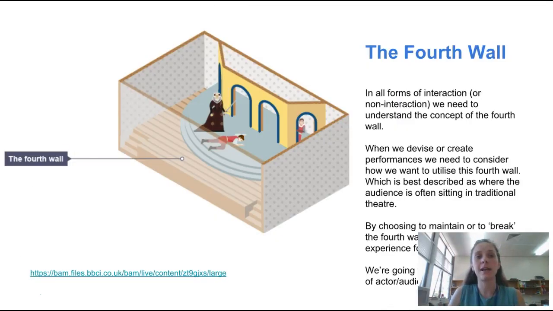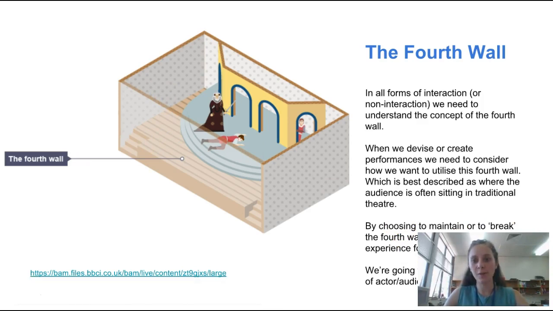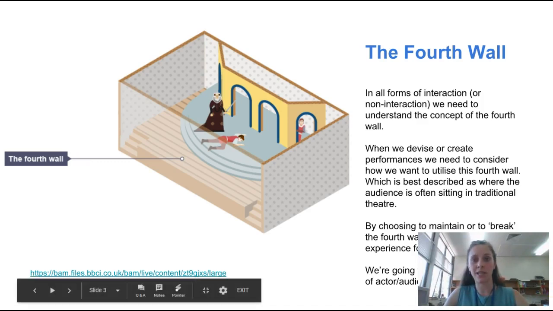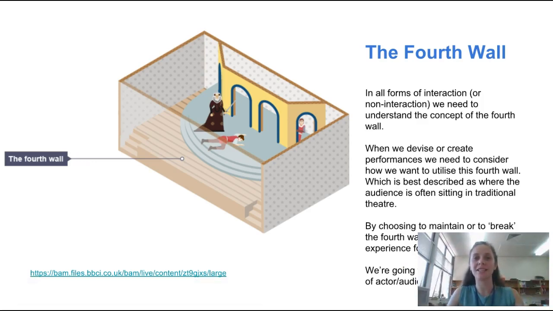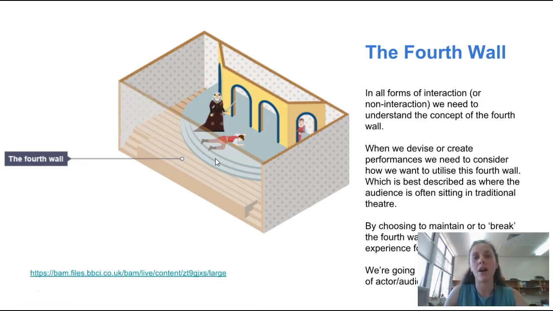First up, I need to talk to you about the fourth wall. I assume you've heard about this, but you may not have, because you may be very new to drama. When we're talking about the fourth wall, if you see me here in this little square, you can see the wall of the office behind me, you can see the window, and you can assume there's another wall here. So in front of me is the fourth wall, and I'm breaking it because I'm speaking to you directly. If you look at this little image here, you can see the see-through fourth wall. Depending on the play and the style of audience relationship you're going for, you may or may not break this fourth wall.